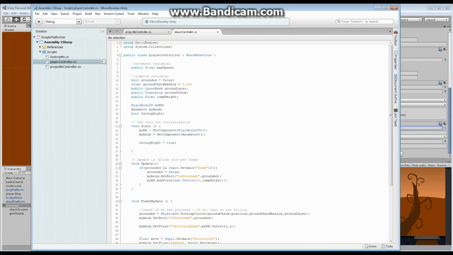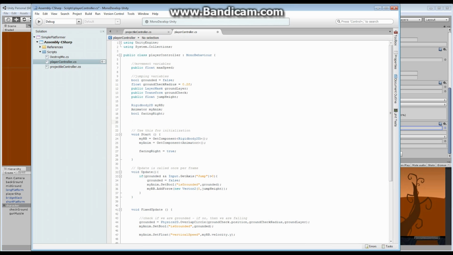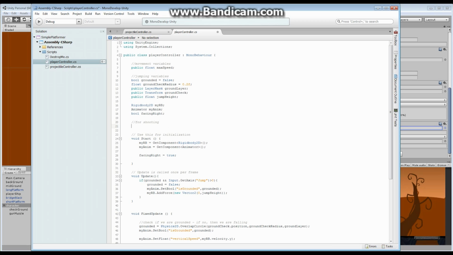Yeah, good. All right, we want to go through and make a couple of changes to be able to fire this rocket out. Now, the first thing we're going to need to do is add a couple of variables in here. So let's add a comment for shooting. First of all, we need the location that we want to fire our rocket from. We've just created that thing, and we're going to add a public